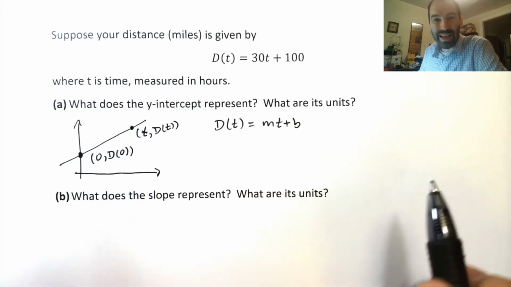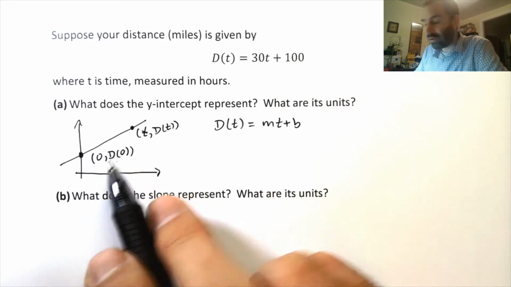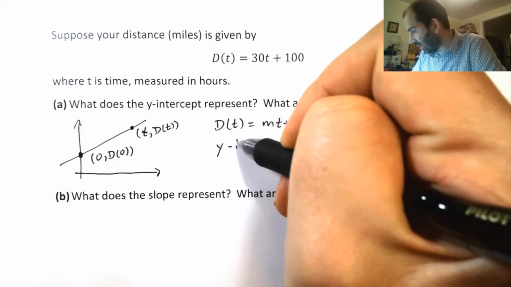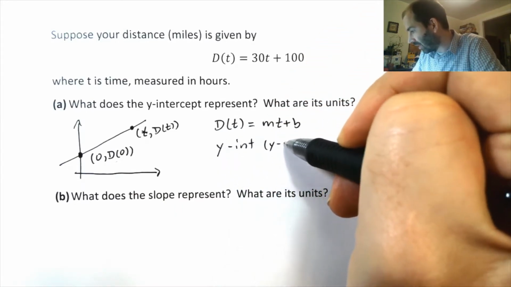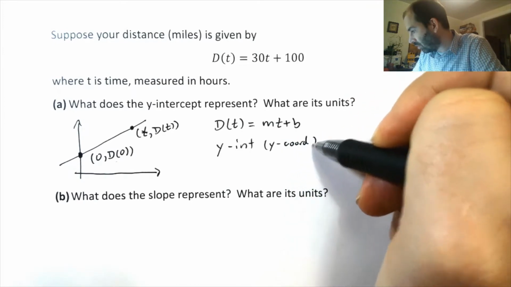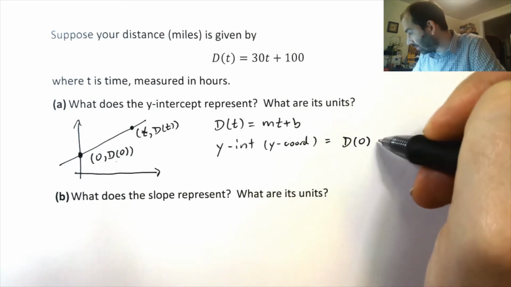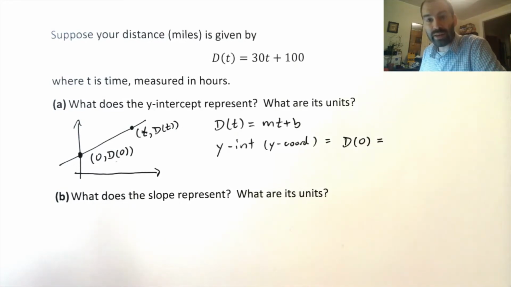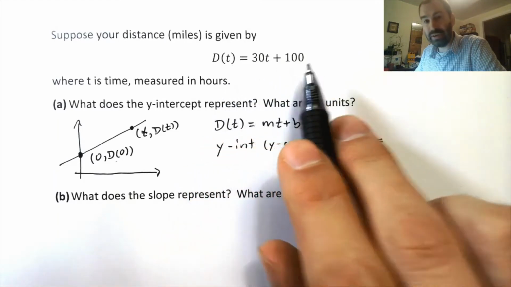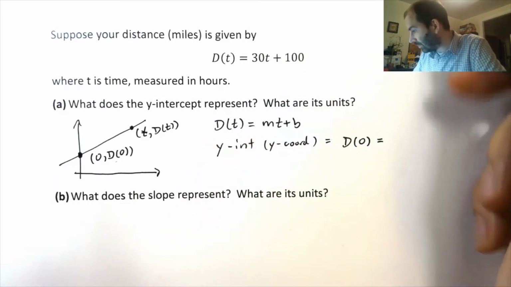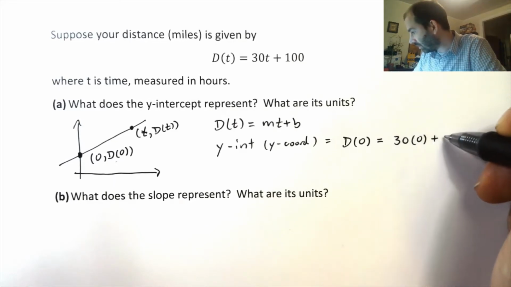And so the y-coordinate of the y-intercept is d of 0. And d of 0, I can compute by just plugging it in here. It is 30 times 0 plus 100,